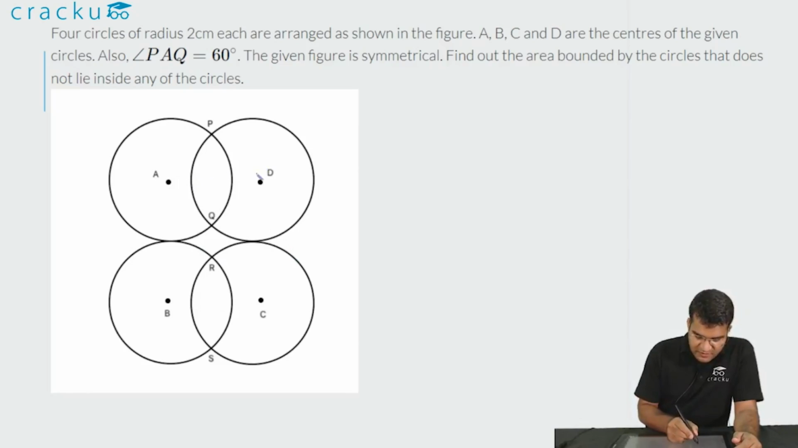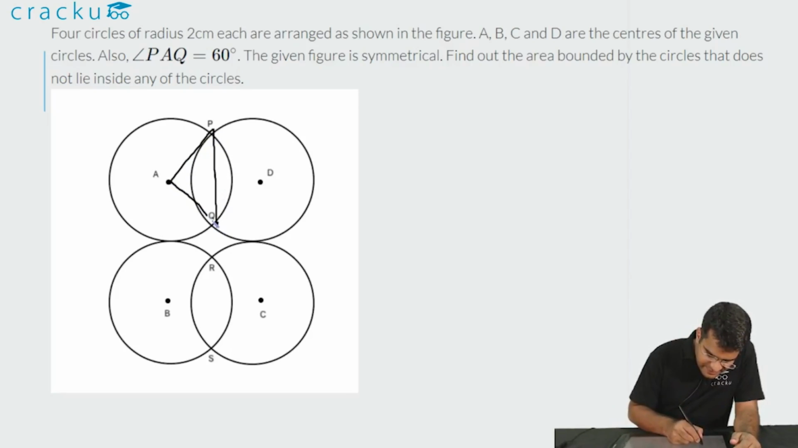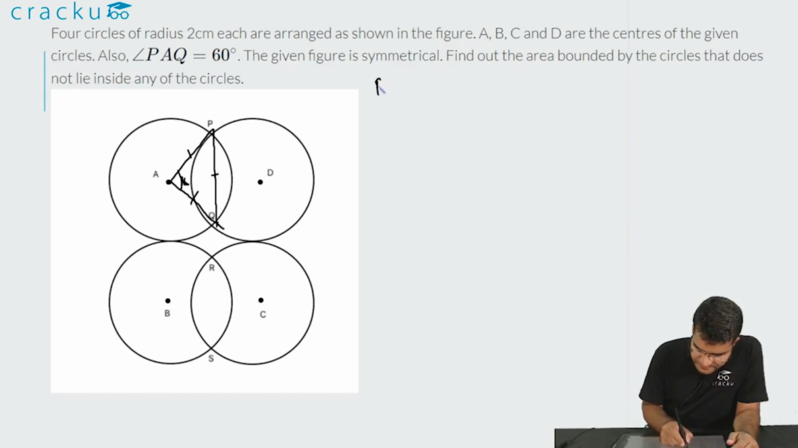So to start off with, we will have to find the length of AD. It is given that angle PAQ is equal to 60 degrees. Therefore, this is an equilateral triangle, and so PQ is equal to the radius, that is 2 centimeters. Therefore, if this is O, the length of AD will be twice AO,